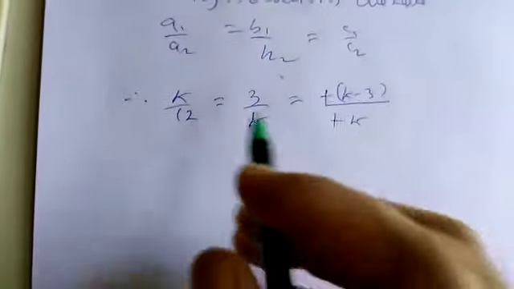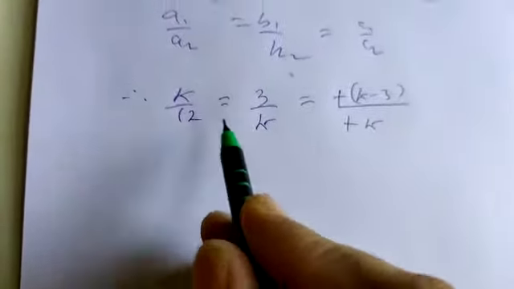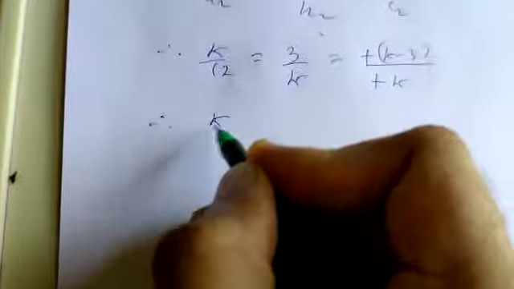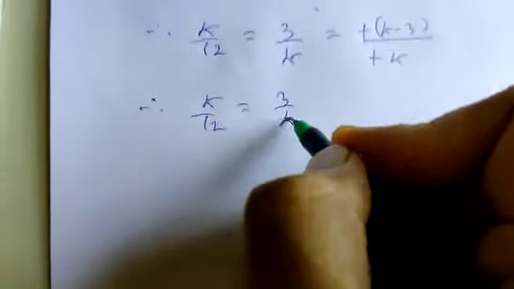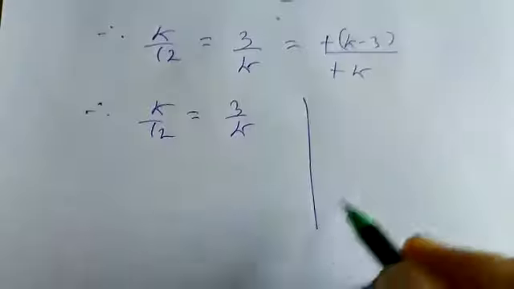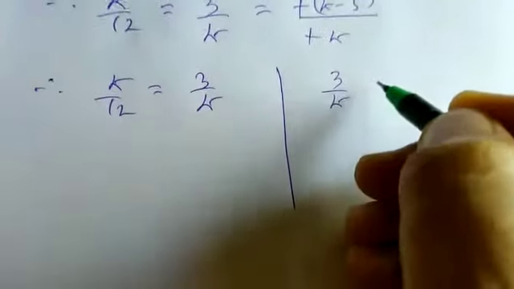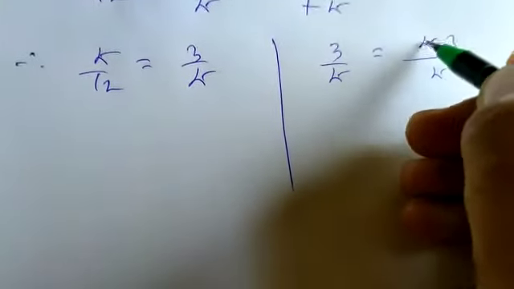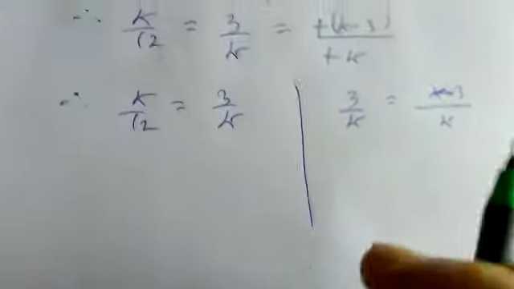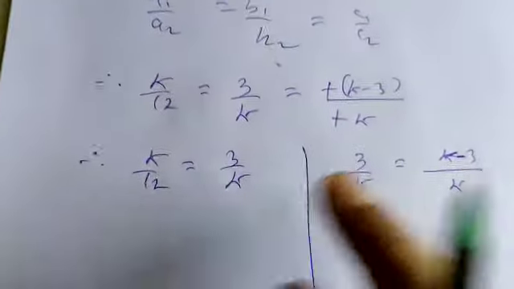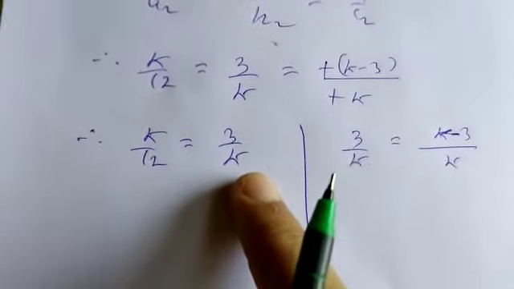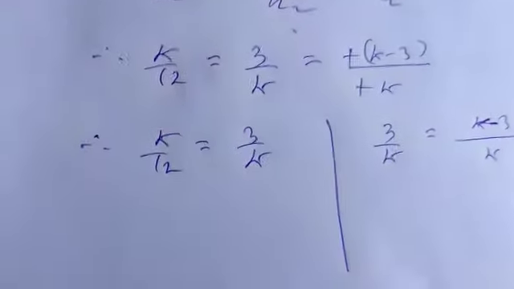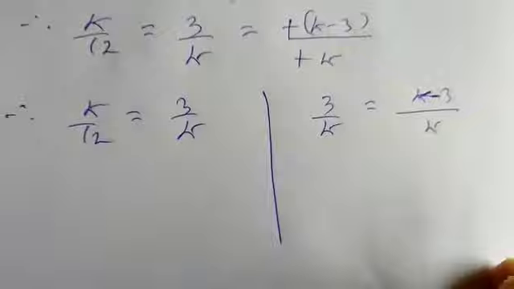So we'll solve it. Let us take the first two. So we'll get, therefore, taking first and second, k by 12 equal to 3 by k. And let us solve second and third also: 3 by k equal to k minus 3 by k. Now here, why do you have to take both the cases, case 1 as well as case 2? Because here when we simplify, we will get k square equal to 36 and there will be two values of k. So both may be true or may not be true. So for that we will have to solve the second one also.